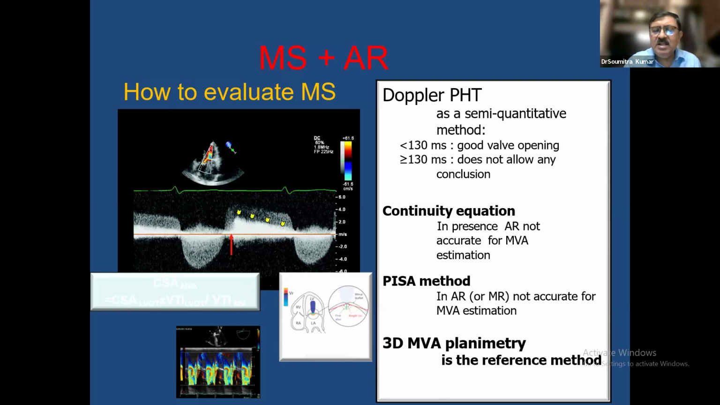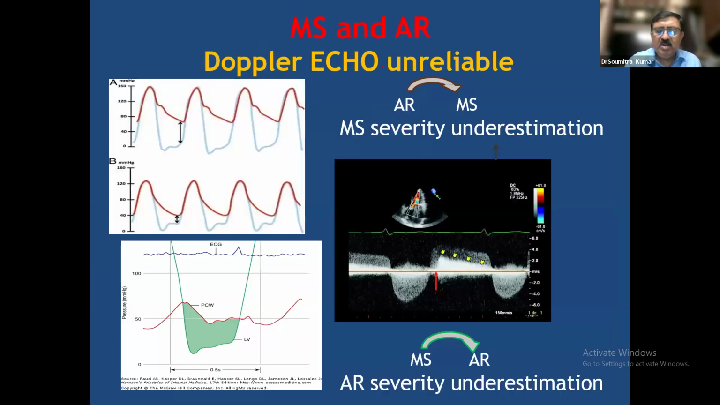But the classical recommended method is 3D MVA planimetry, which I just now put across to Dr. Dixit, whether he has done it. Doppler echo is highly unreliable because AR leads to MS severity underestimation and MS leads to AR severity underestimation. So there is an overlap of the aortic flow and the mitral flow, which makes the task all the more